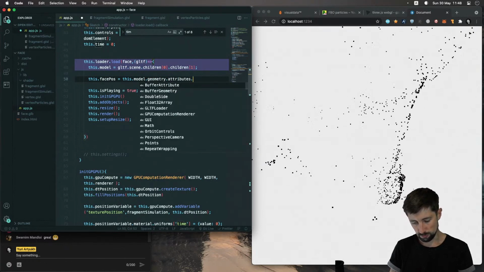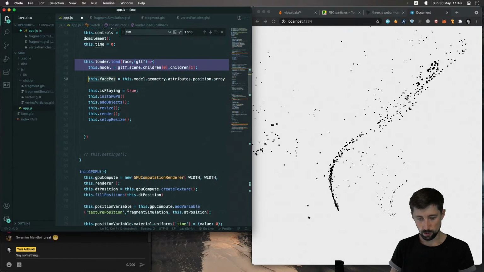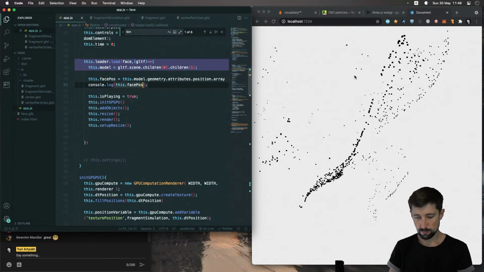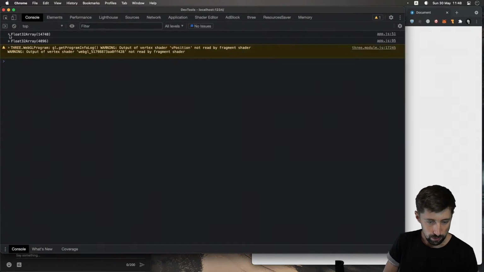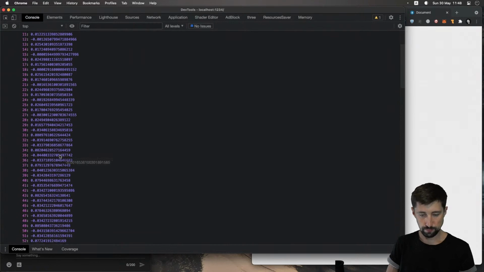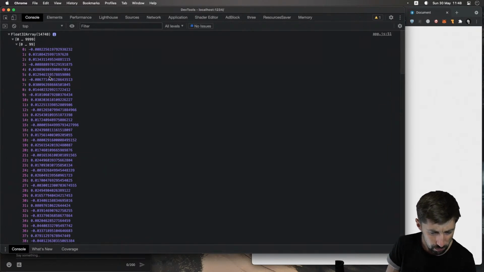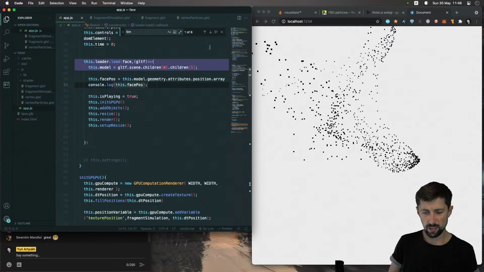I already know this stuff. Let's see what's there. Yeah, so it's not this one. I think it's this one. Yeah. So these are the face positions. They look pretty small to me, like all kind of zero-ish. So I think